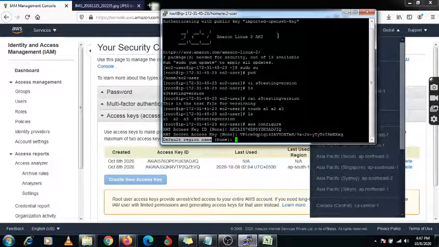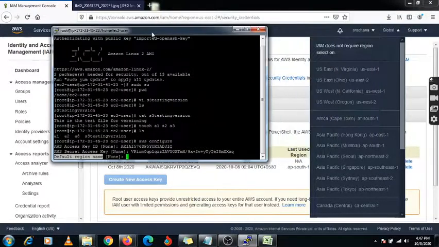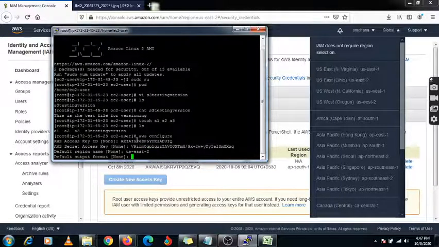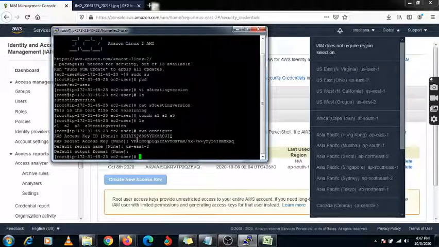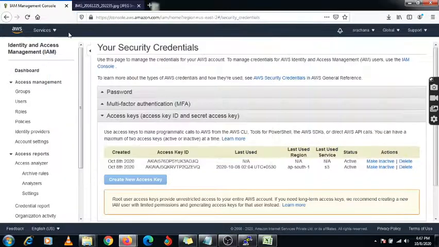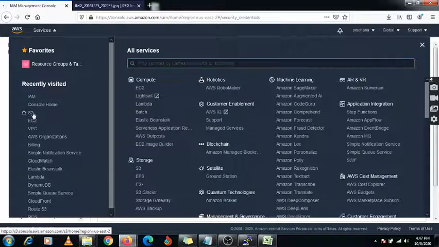So just click on it and paste the same information, that is US-East-2. And default output, no, it's not required. Okay, now I am connected with this AWS account. Now just go under services and select your S3.